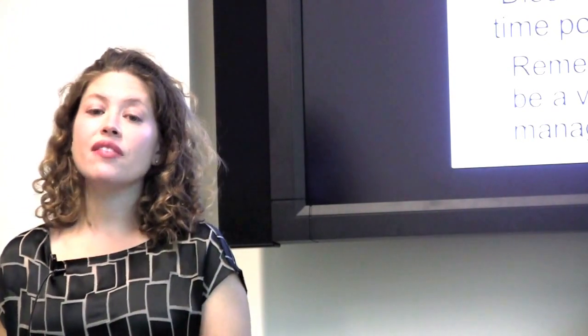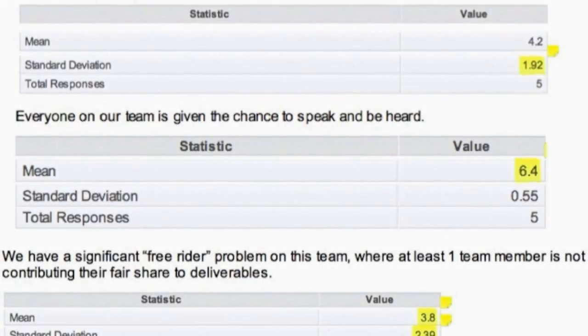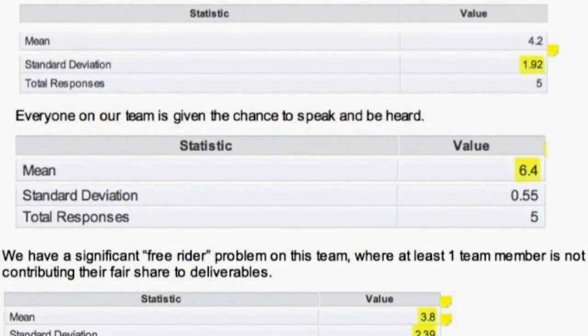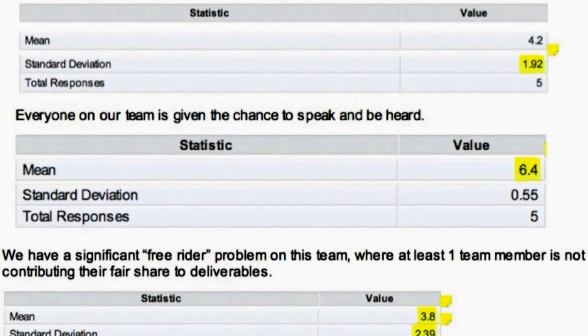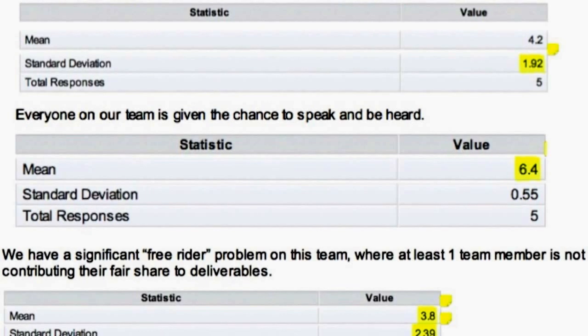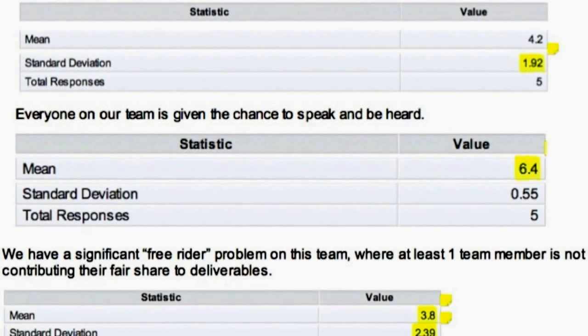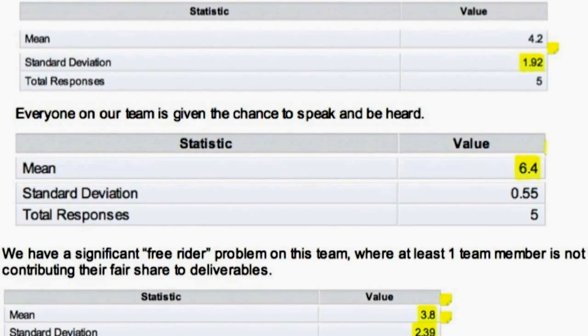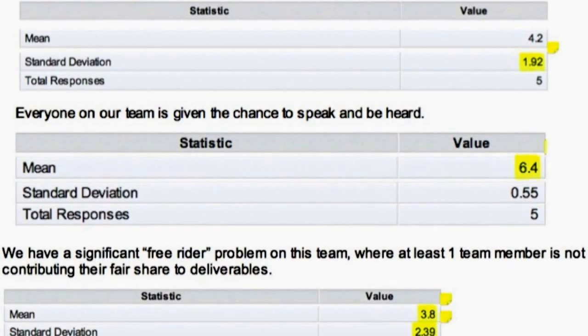You also want to look at standard deviations. Remember what you've learned in statistics. This is an opportunity to apply that. So high standard deviations indicate that there are differences in perceptions on that particular item. And that may clue you into a topic really worth discussing. So this was a team from last year, fall 2011, their sophomore fall IP project. And I just highlighted some things that if I were this team, I would be looking at as well.